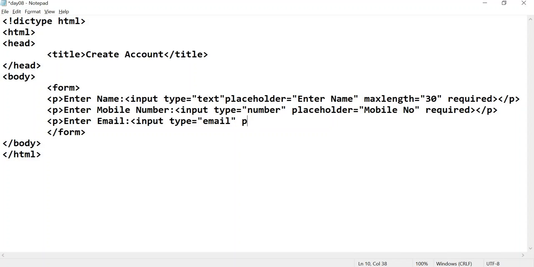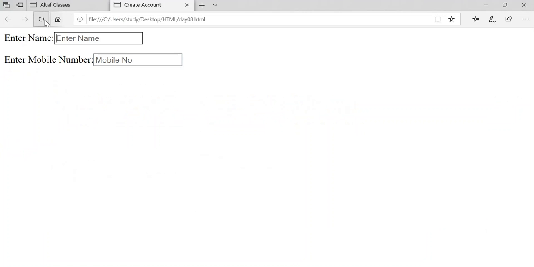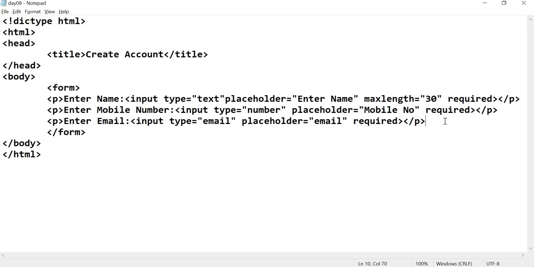Then placeholder, I'm adding email. I'm also making this one required, and the closing paragraph. Save this one, so you can see enter email, this is a required field, this is also required, this is also required.